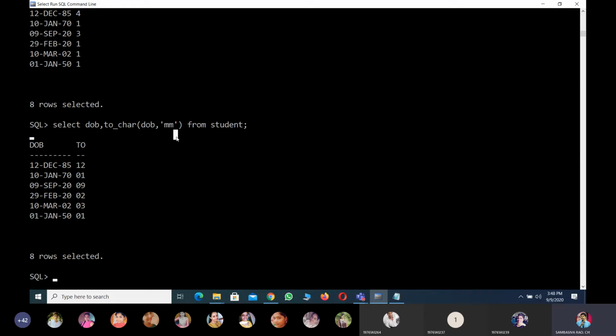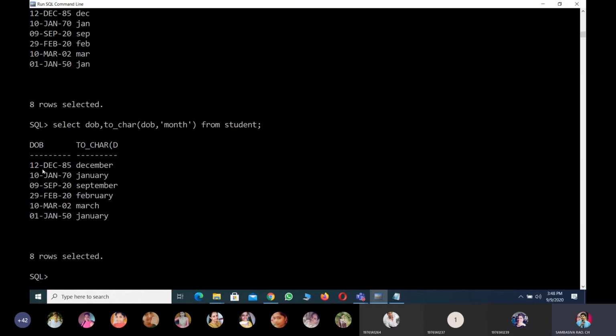Suppose you are going to print the month in an abbreviated format, then you have to use the keyword MON. MON tells about the month abbreviated format. Suppose you need the full name, not only the abbreviated format, then specify the attribute MONTH.